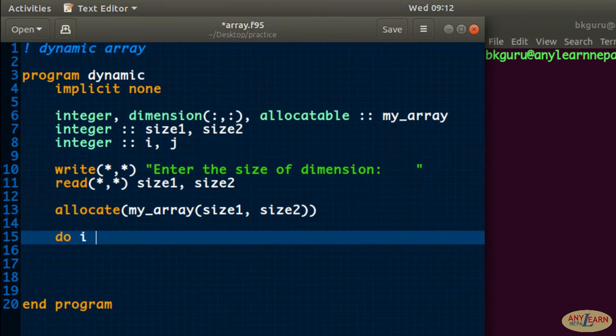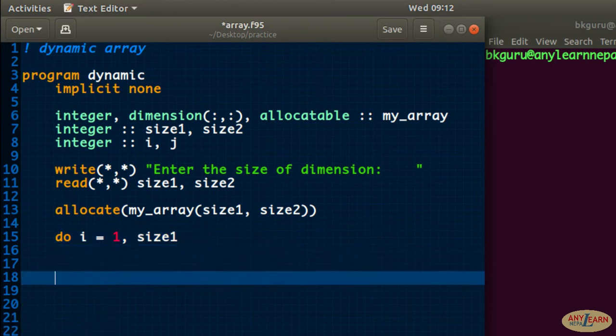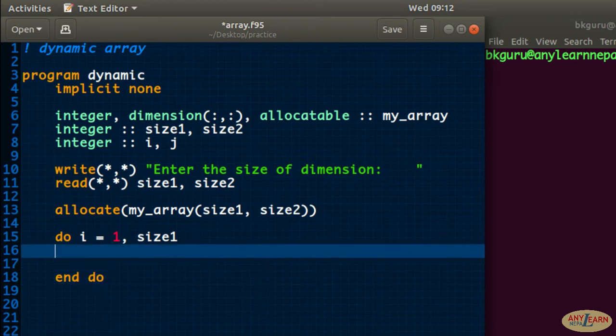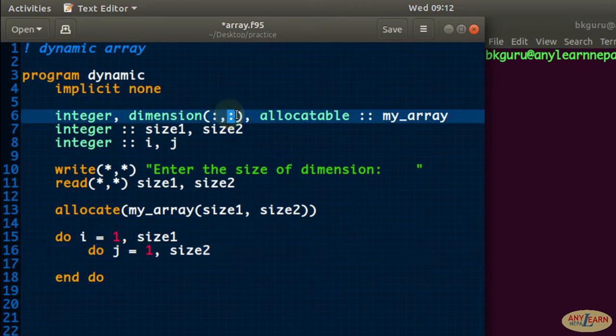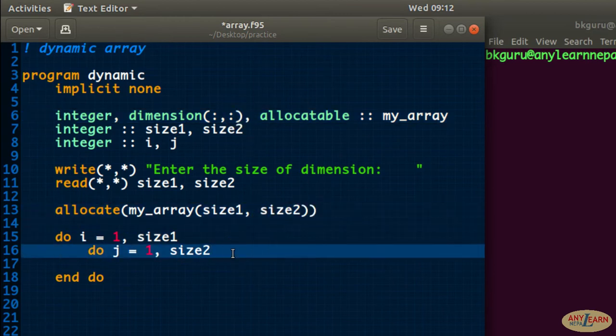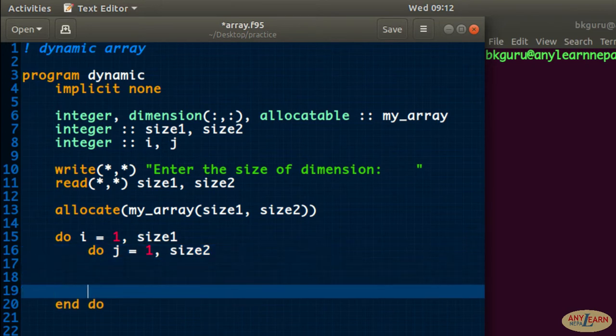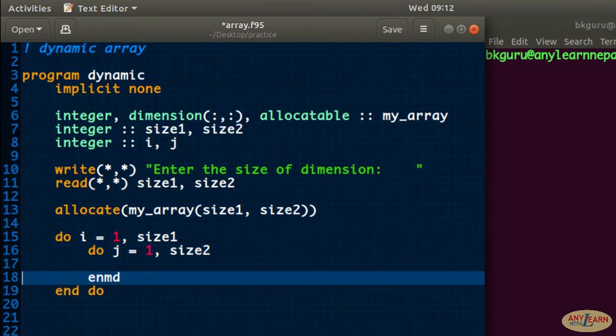Okay, now I will say do i is equals to 1, I will go up to size 1. Okay, size 1, and end do, and do j is equals to, I will go from 1 to size 2 because j has to loop for the second dimension, and the second dimension size is size 2. Okay, don't get confused here, and I will say okay, and